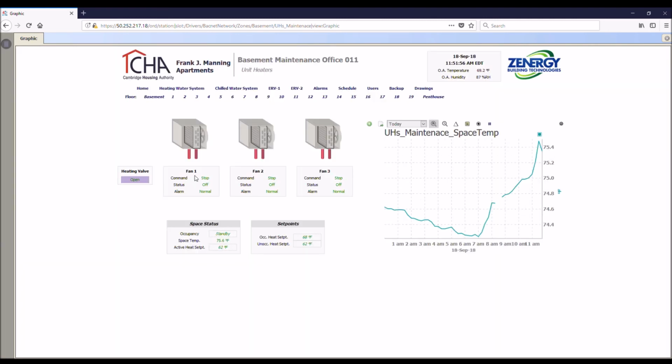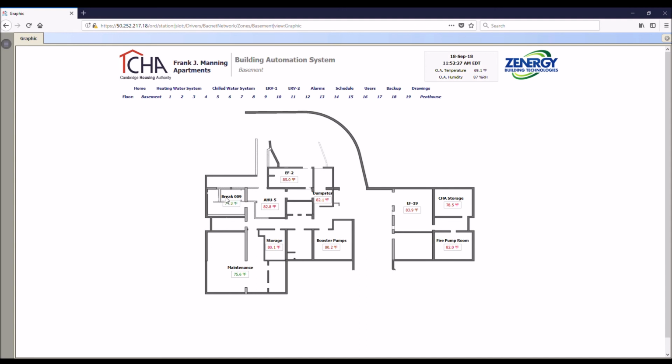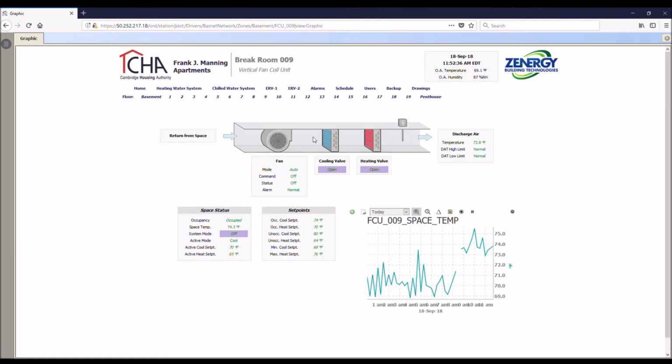This doesn't have a conventional adjustable thermostat tied to it. It's just a wall plate sensor at the entrance of this maintenance storage office kind of room. But otherwise it works the same way, where on a heating call we open this valve and kick on the fans, and when we're satisfied we close the valve and turn off the fans. And then there is one heating and cooling fan coil unit servicing the break room in the basement, which operates identically to